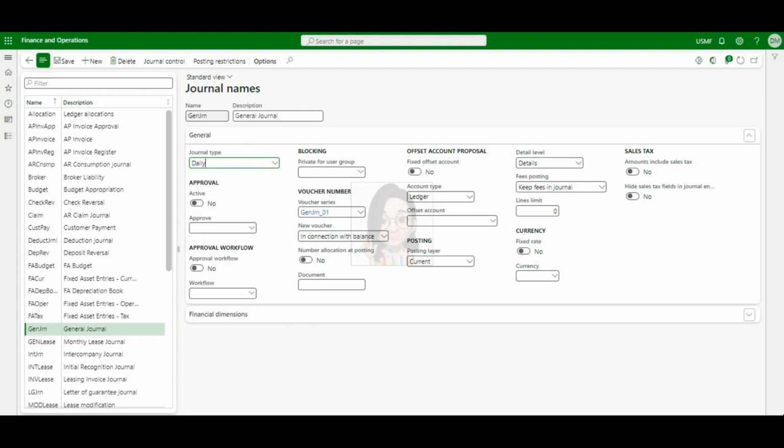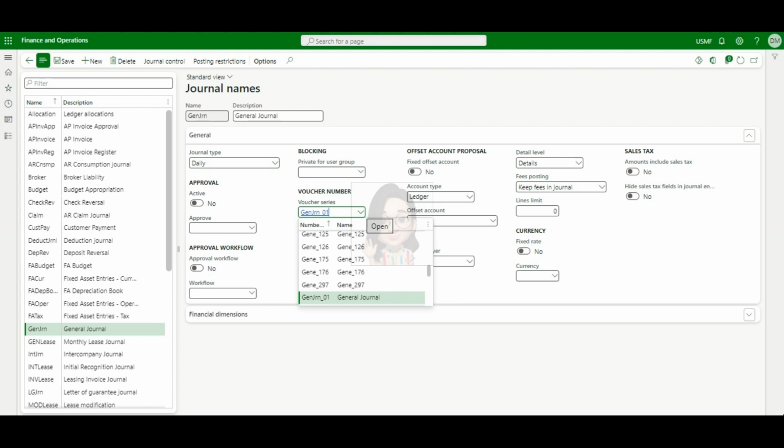Okay, and then another point is our voucher series. So we have a number sequence that is generated by the system. We have that wizard number sequence, right? Those number sequences generated by the system are the number sequences assigned on the parameter level. If we notice,